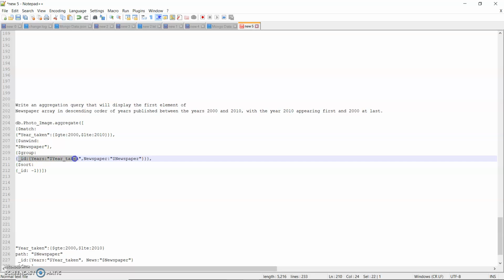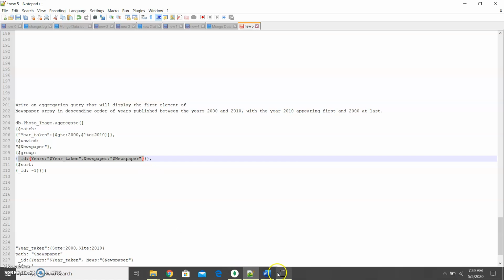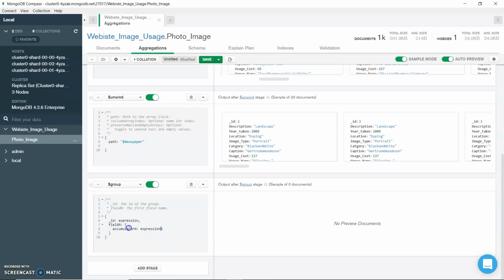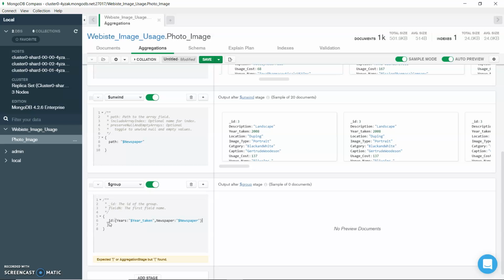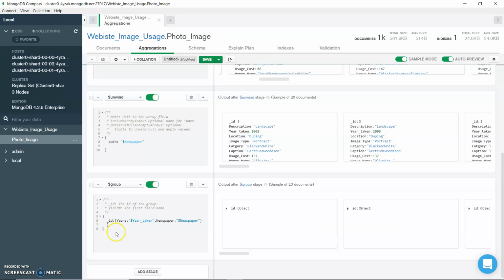So we'll click on this. Copy paste. So yeah, here we can see it has created a group by with year and newspaper.